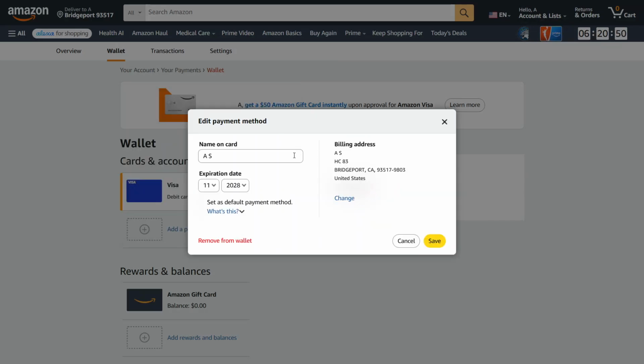Here, Amazon gives you several choices. You can change the name on the card, update the expiration date if you've received a renewal, set this card as your default payment method so it's used first at checkout, adjust the billing address, or completely remove the card from your wallet. Make the changes you need, and when you're done, be sure to click Save so Amazon updates